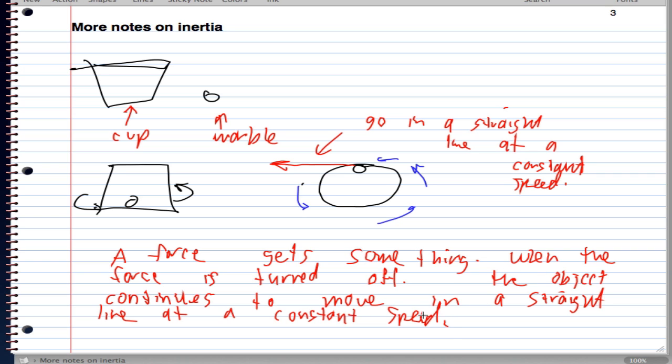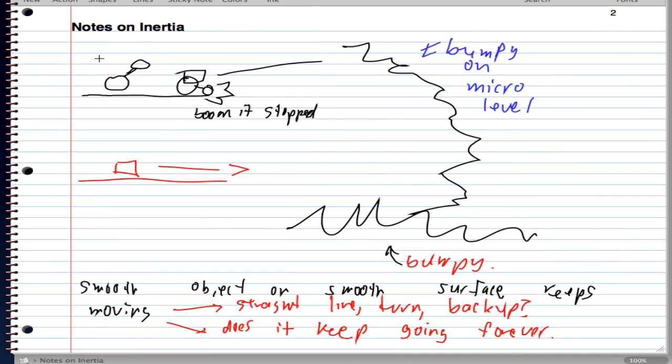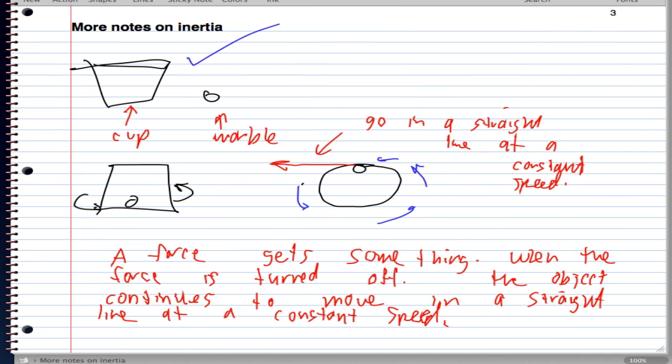And so what ended up happening was we took this observation right here, and we took our bowling ball observation right here. And we actually said something pretty big about the Earth and the Sun. We said if this is the Sun, and this is the Earth going around the Sun like this, what we said was if you took the Sun and all of a sudden made the Sun vanish,